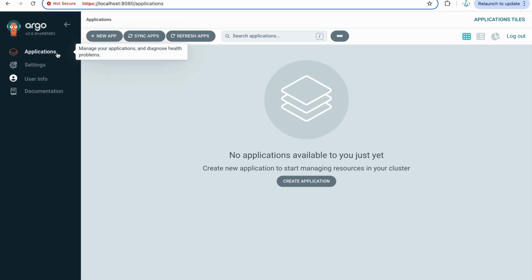You can see only the application tabs. That's the only thing that you need to use: create new applications, right? That is the only thing that you have to do, nothing much there. There are settings options and a lot of things that you can do, but for now we are just focusing on the app. So this completes the installation of Argo CD. Now we will deploy a sample application like the guestbook application and see how it works.